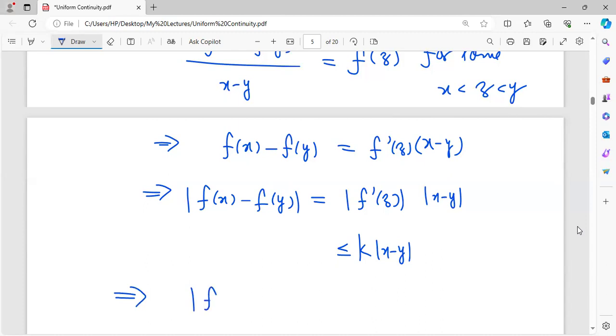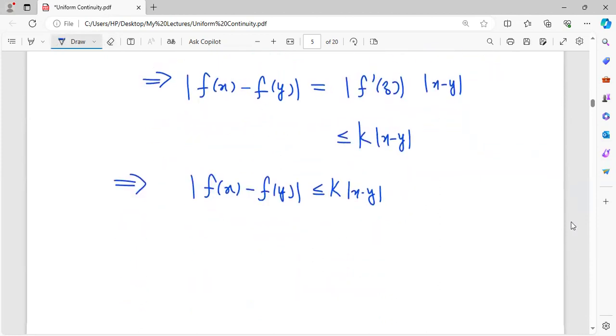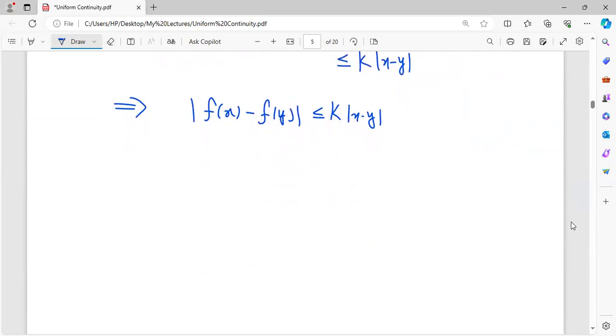It means |f(x) - f(y)| is less than or equal to k times |x - y|. So what is the meaning of this? This implies, for all x, y belonging to I,